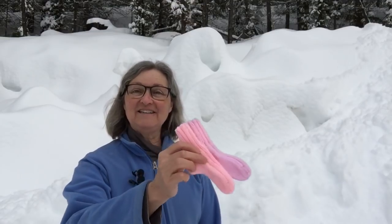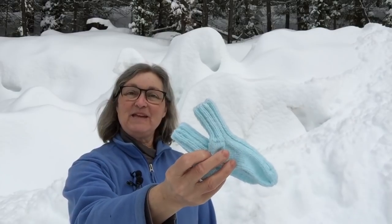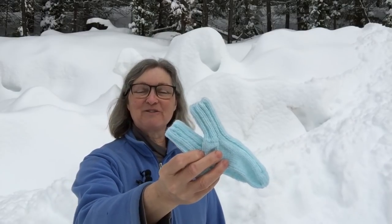Anyway, I wanted to talk about something I've done to prepare for the upcoming gender reveal. To tell you the truth, I was tempted to just make a pair of pink baby socks. You can tell which way I'm prejudiced, but I did not. I did make one pink pair, and I also made a blue pair because a second boy would also be very welcome,